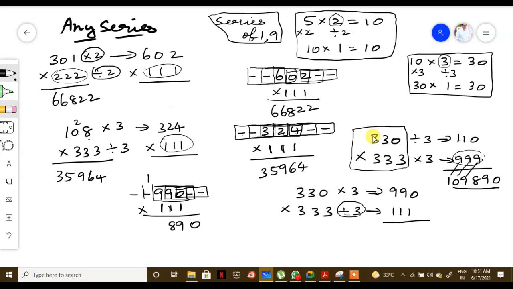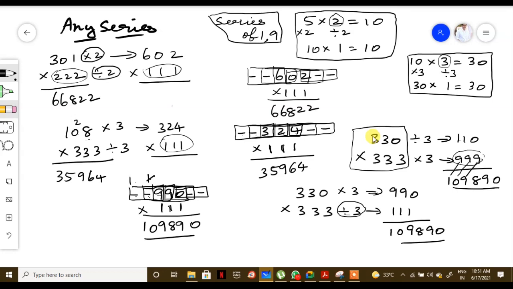Next one is 1 dash plus 9 plus 9. So 9 plus 9 is 18, 18 plus the carry on is 19. So 9 will come here, so I cancel this 9 and put a 1 here. Correct. Next one is the last pair, dash plus 9. So dash plus dash is dash. Dash plus 9 is 9. 9 plus 1 is 10. So we got the same answer. So it is 109890.